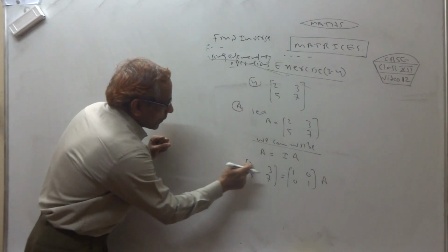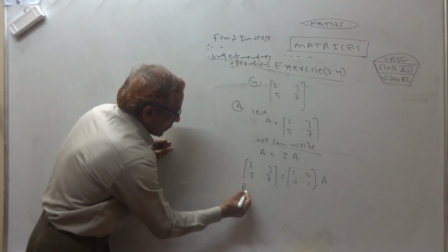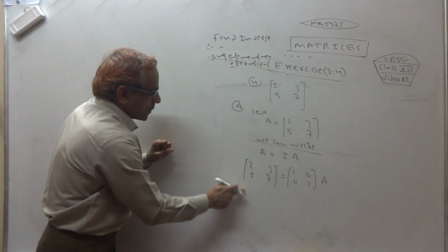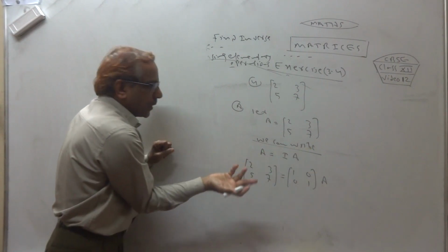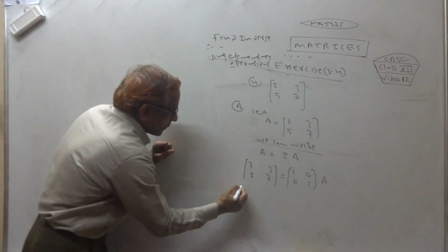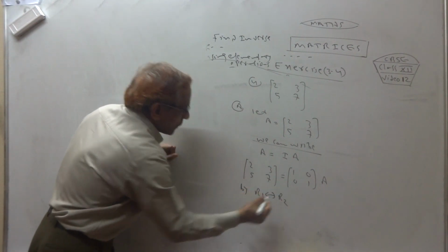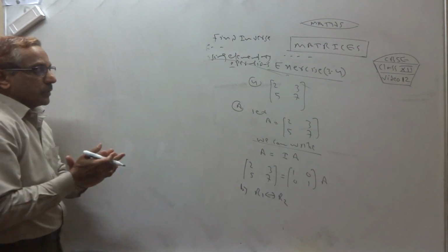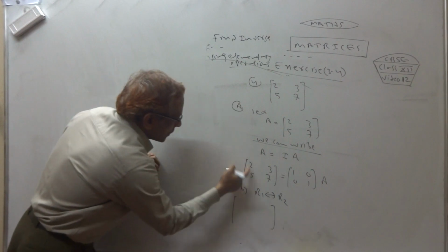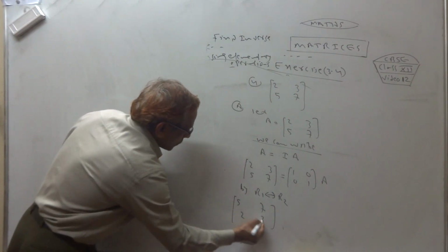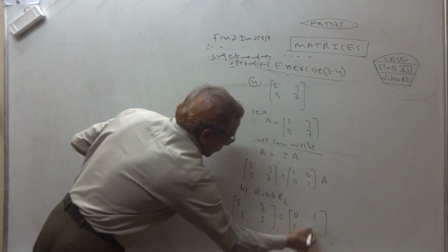So what way you can get 1 here? First you can interchange them first. See, sometimes suppose if you want to take R1 divided by 2, you will get 1. That is also possible. 2 by 2 1. Otherwise I am just taking this application. You can do anyway. It's free. Anyway, steps are not fixed. So I am interchanging them. 5 7 2 3, 0 1 here, 1 0 here.